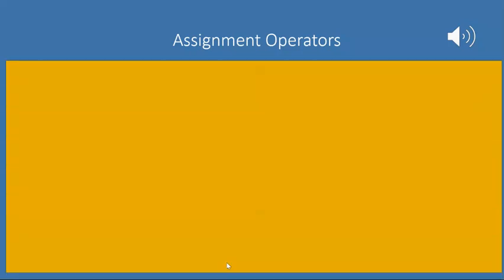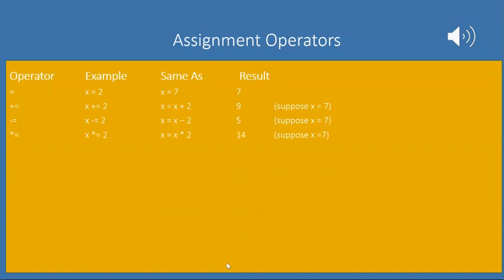This table lists the assignment operators in Python, including: equal sign means assignment, plus equal sign means plus assignment, minus equal sign is minus assignment, star equal sign is multiplication assignment, slash equal sign is division assignment, percentage equal sign is modulus assignment, double slash equal sign is floor division assignment, double star equal sign is exponentiation assignment,